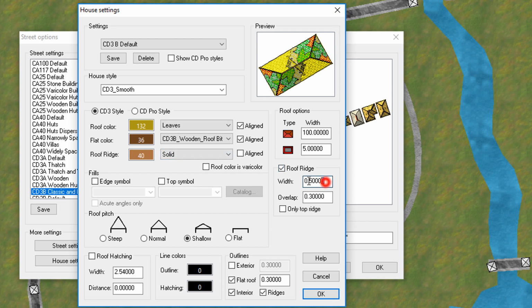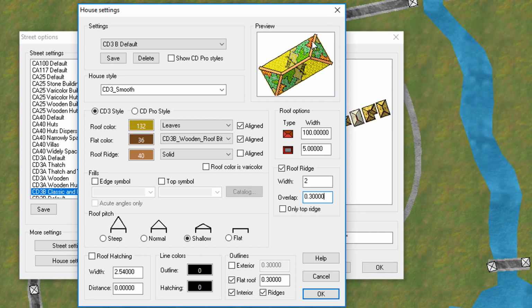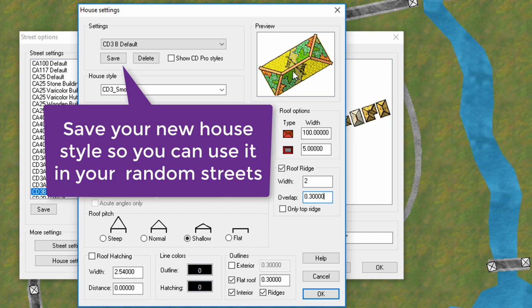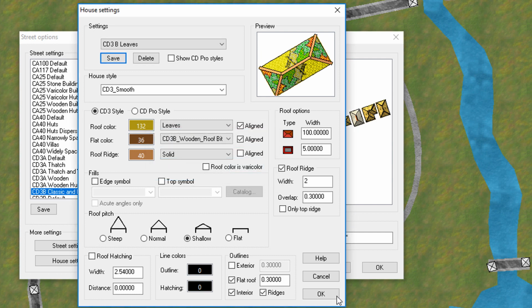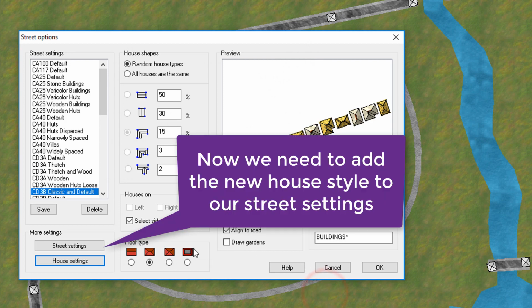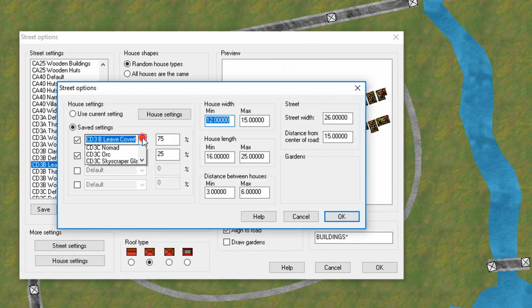One of the things that you might also want to change is the width of the ridging. I'm going to make that 1. In fact, I'm going to make it 2. I'm going to make it very large. Now what we have is a house that looks a bit like some sort of elf encampment with leaves. And I'm going to save this, and instead of default, I'm going to call this leaves. Okay? If I click on OK now,